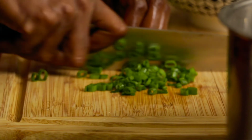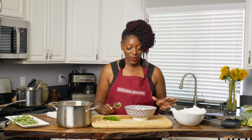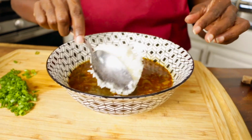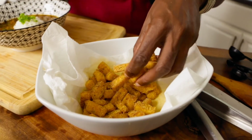Got some green onions. What I'm going to do is garnish the gumbo with some green onions. You always need to top, in my opinion, your food with a little bit of color. So we are on the final step of this fabulous gumbo. I've taken some of my gumbo and put it inside this bowl, and I'm going to serve it to you guys the way that my grandmother would serve it. She would put the rice on top, and then add her green onions, and then my secret trick is I'm going to add